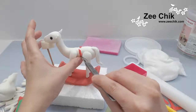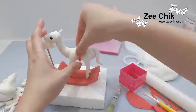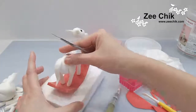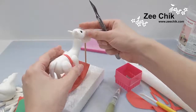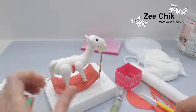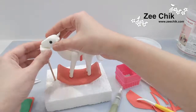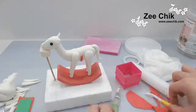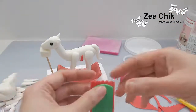This one looking a bit rough today because it's still soft. He is a bit twisted. I will sort him out in a minute. I mean, ideally you do all this when it is dry. But then